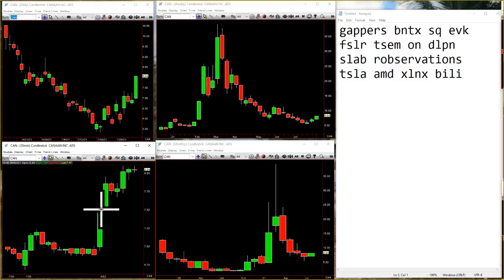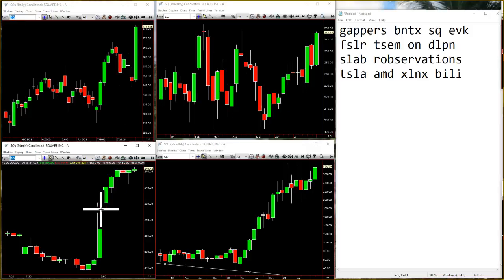If we go to SQ, and SQ, nice move here. So you can see on last week it had the inside day. It poked up, boom, RevStrat downside. Hits magnitude to there, but then you come in here, boom, 2-2 daily reversal right back to the upside, and if that works, it triggers this on the week. The outside, inside, 3-1-2 weaker, and if that works, now we can take out last month's highs and start gunning for these highs here, SQ,